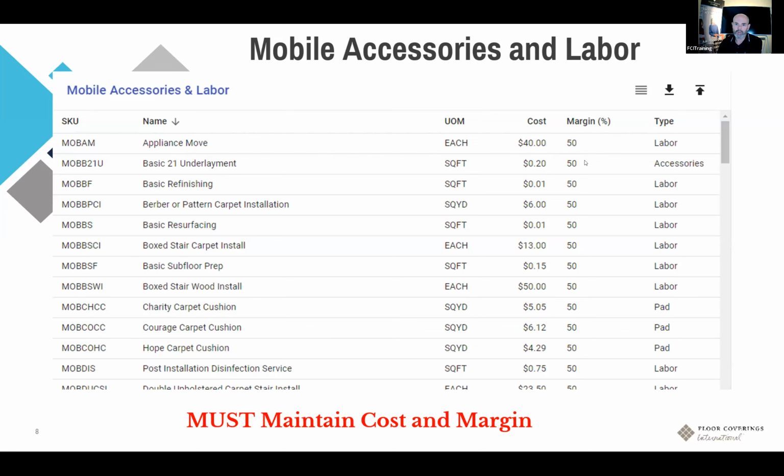These are the 2 columns that you can maintain. You cannot change the SKU number. You cannot change the description here. So you might decide, hey, wait a minute, I don't really want this to be called basic refinishing. I want to call it something else. I don't really want this to say basic 21 underlayment. I want it to say basic 2 in 1. Too bad. The name you can't change. So no changing of the SKU, no changing of the name, no changing of the unit of measure. You can influence the cost and the margin, and only those two fields in the mobile accessories and labor price